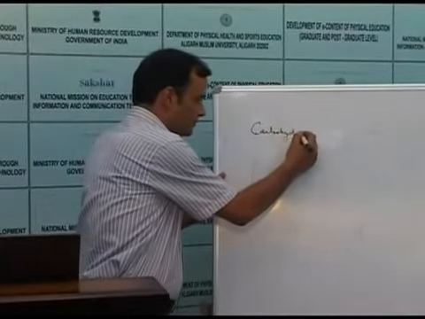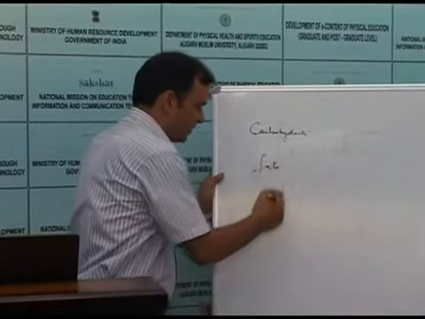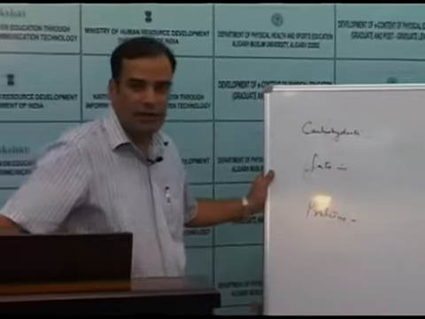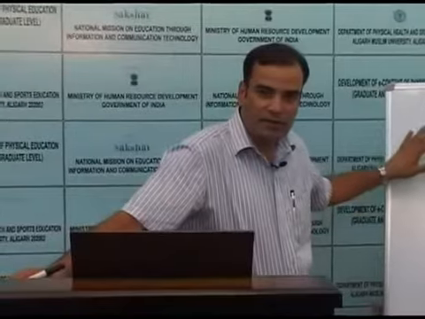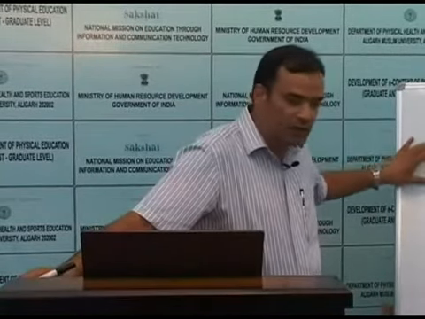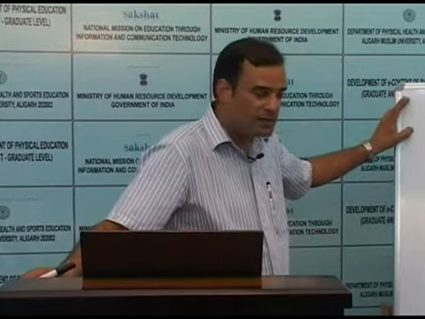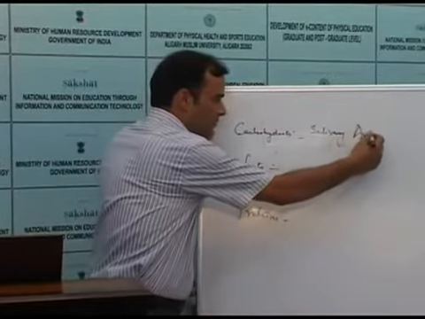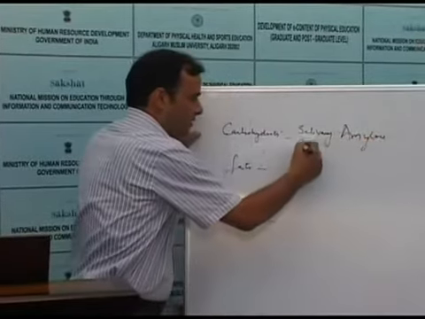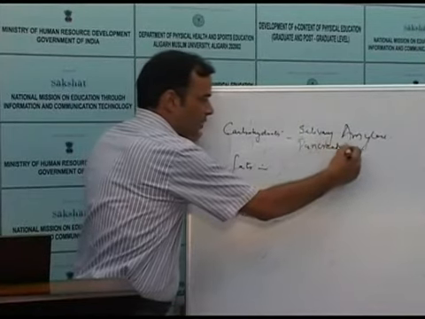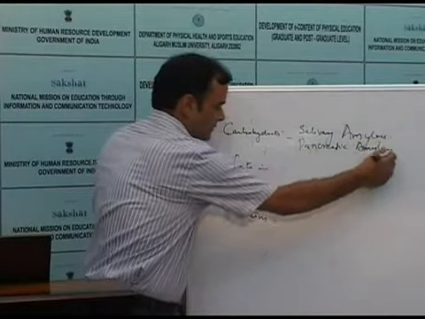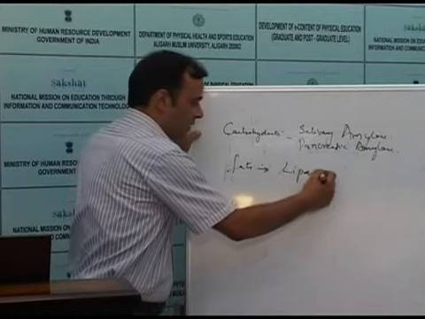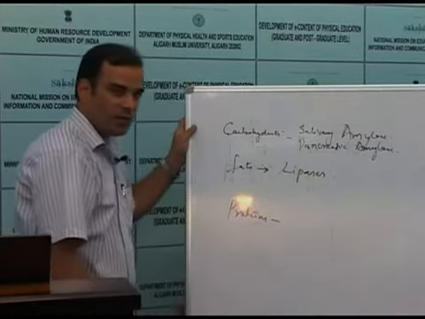Carbohydrates, fats, and proteins. And our GIT contains or secretes all the enzymes necessary for the digestion of all the three food components. For carbohydrates, we have first in saliva, salivary amylase. In pancreas, the enzyme for carbohydrates is pancreatic amylase. For fats, we have various pancreatic enzymes called pancreatic lipases, and for proteins, we have enzyme